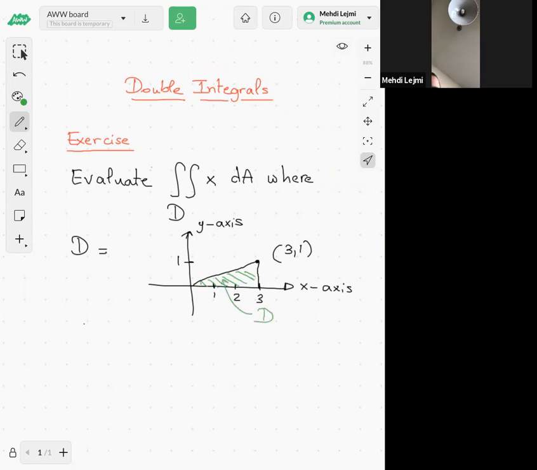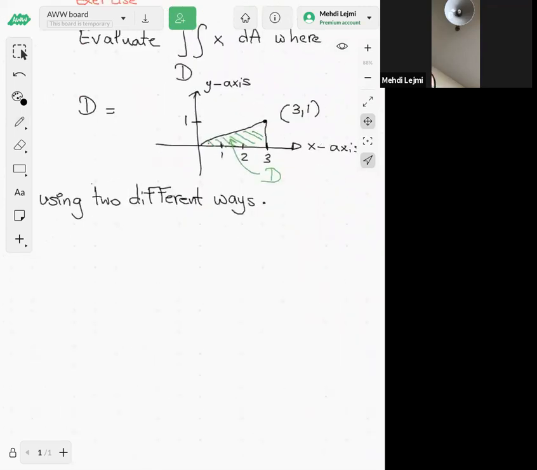So we have to evaluate this integral using two different ways, right? So what we have to do, guys, of course, is describe this region D. It turns out this region D is of type 1 and also of type 2. So if you want to describe D as a type 1,